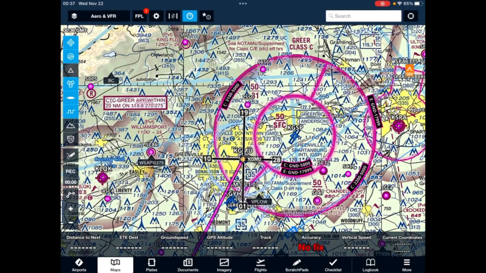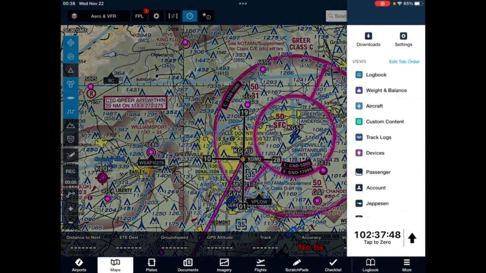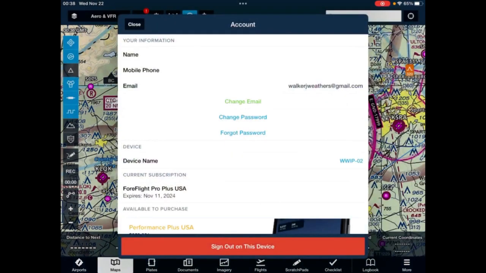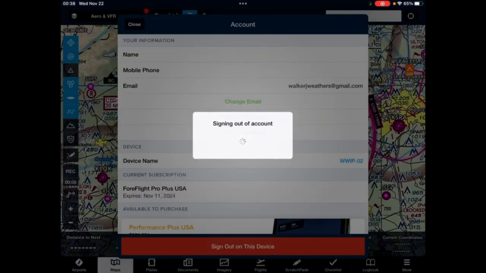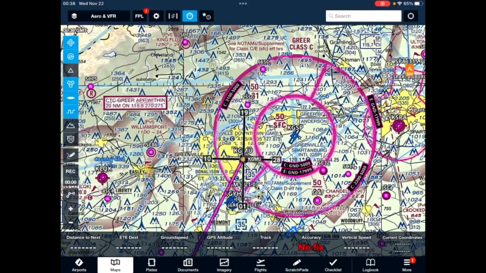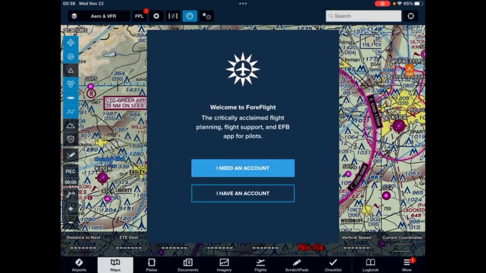So to sign out on this one, I'm going to go to More on the bottom right, and then I'll go to my account, and then there's that big red button, Sign Out, on this device, and we will go ahead and sign out. And now I'm signed out and should be able to sign in to ForeFlight once I install it on my